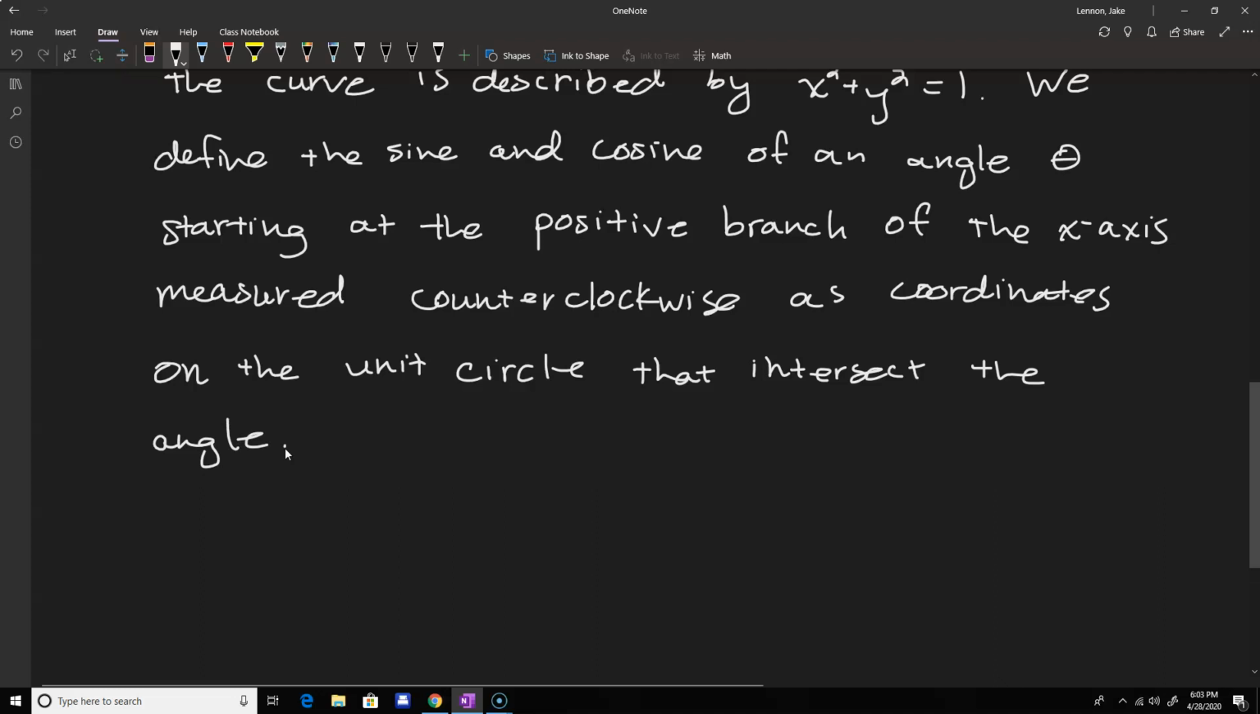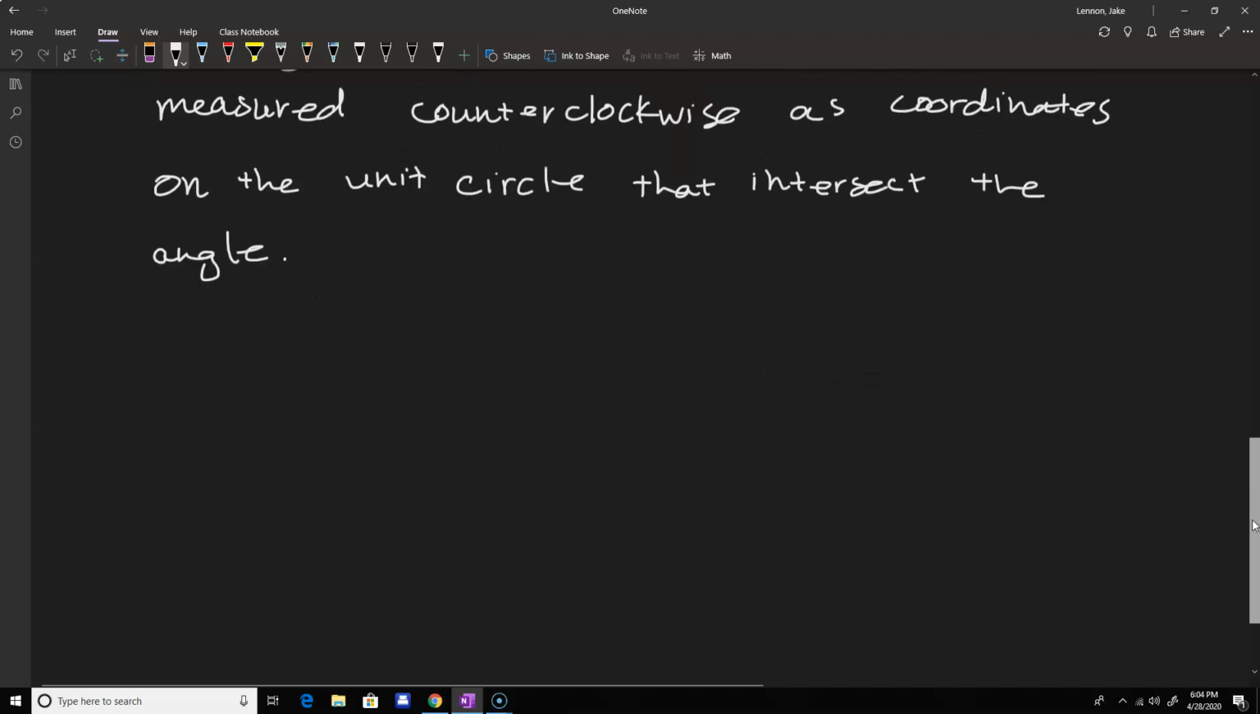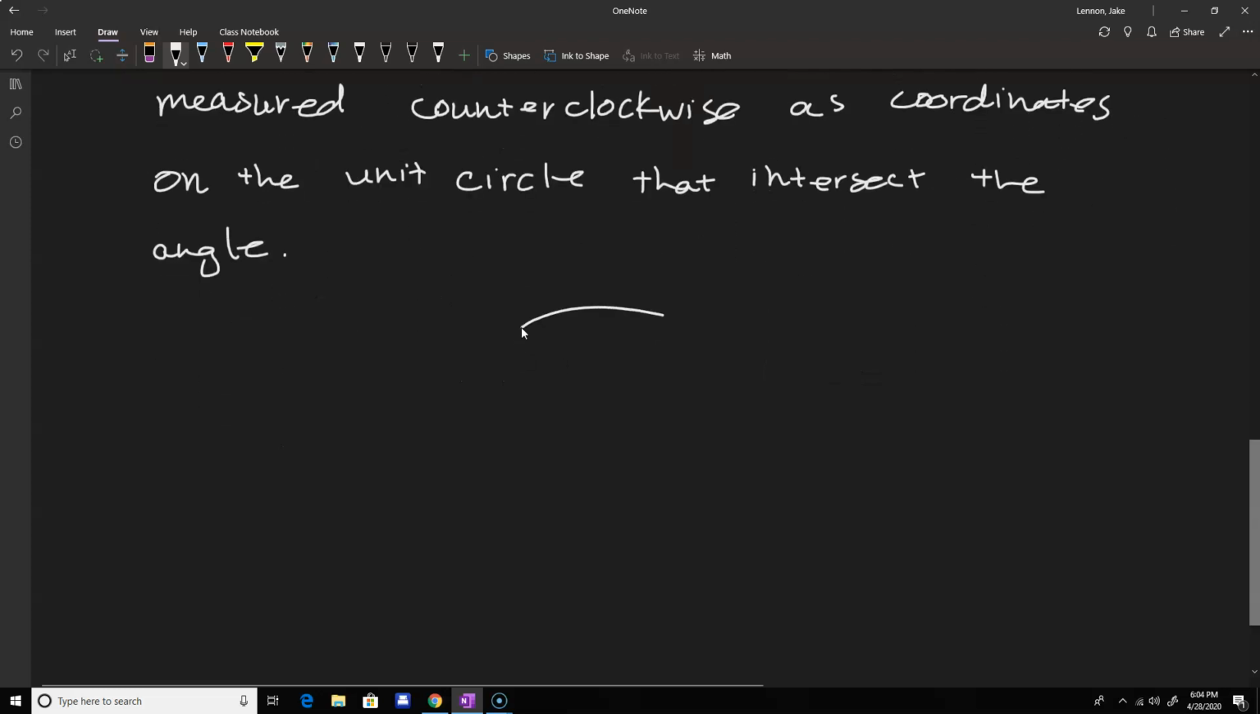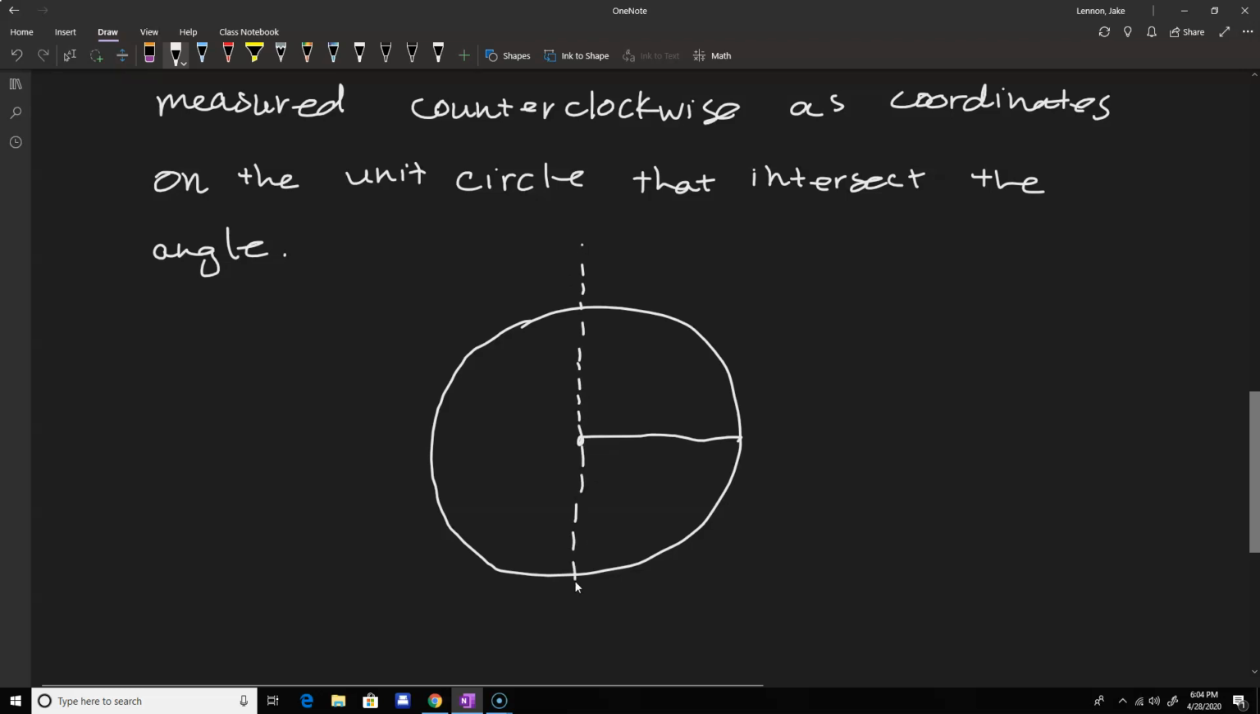So let's draw a circle. So if we draw some circle, there's probably a way with this one note that I could do it perfectly, but I'm not exactly sure how to do that. So let me draw a dotted line. Let's call that the y-axis, and then horizontally this would be the x-axis. So this is our radius right here. So if we have some point on the circle,